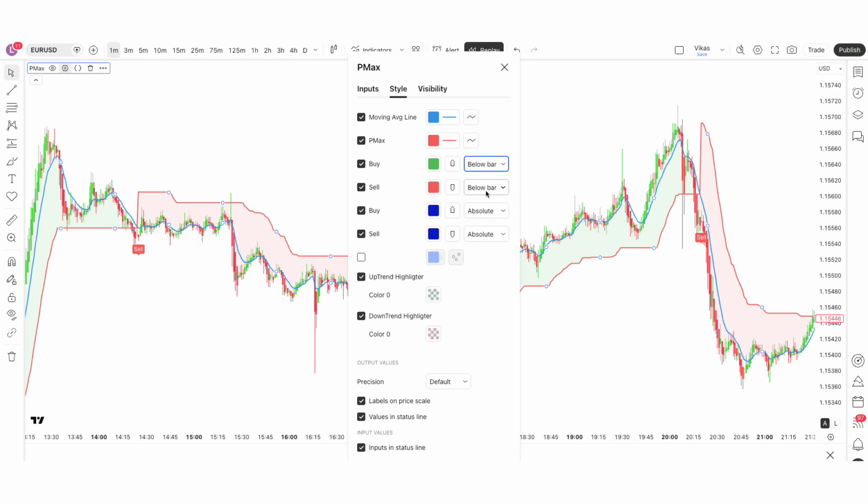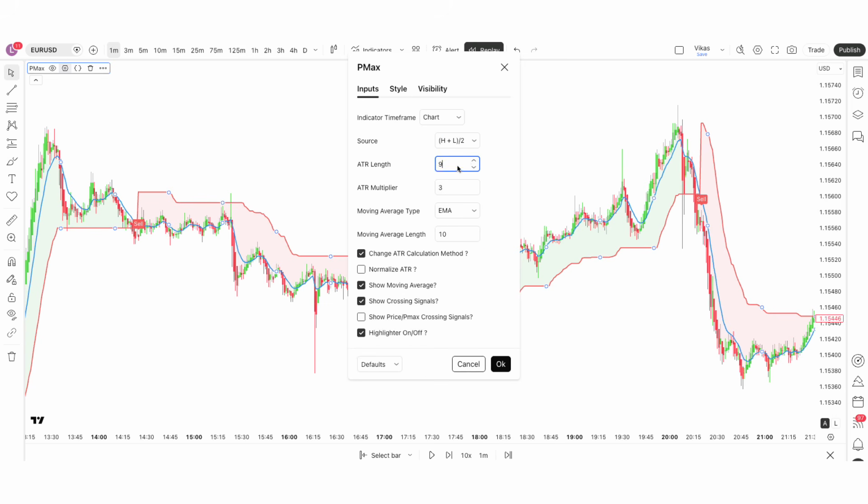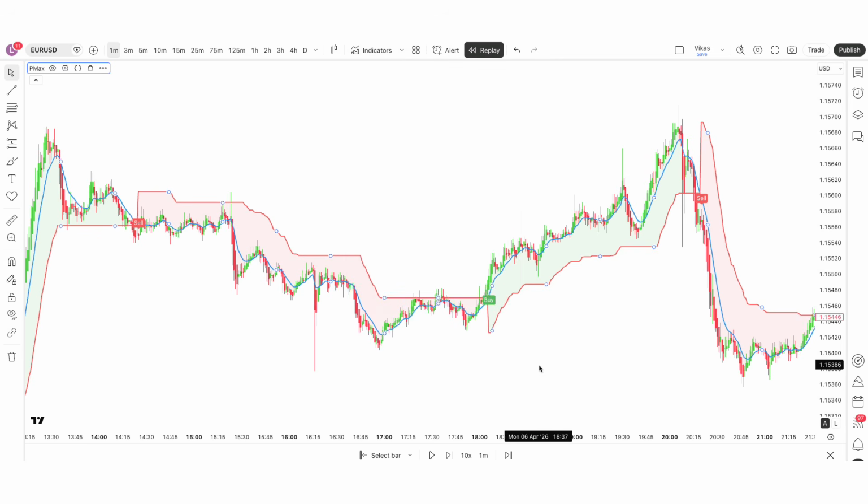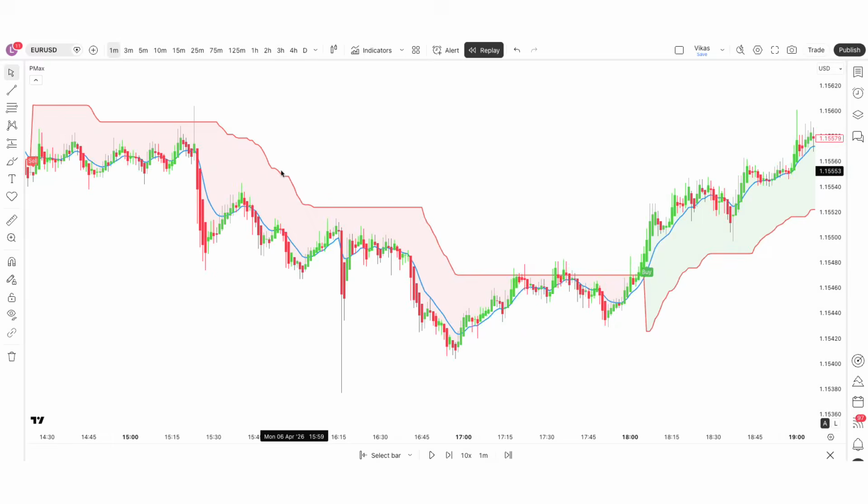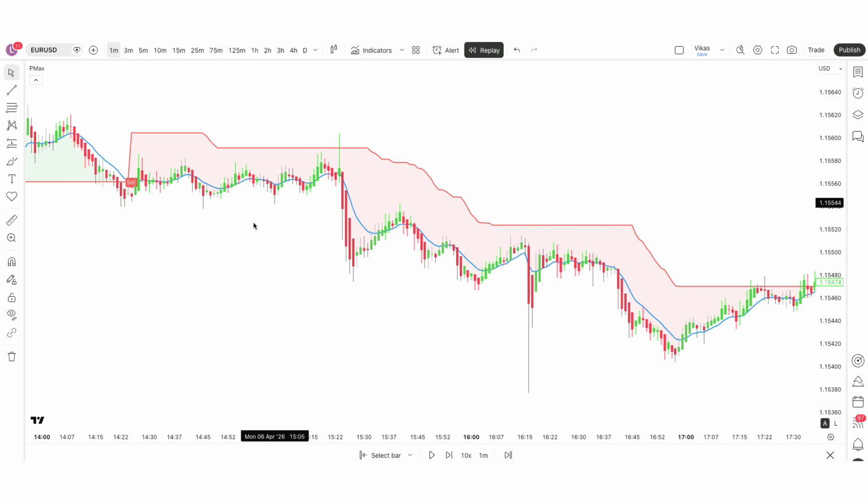We need to adjust these buying and selling levels. First, we change the ATR length from 10 to 9. Here, everything is fine after that. Click OK. If you are seeking clarity and improved decision-making in your trading, the Profit Maximizer PMAX indicator can be